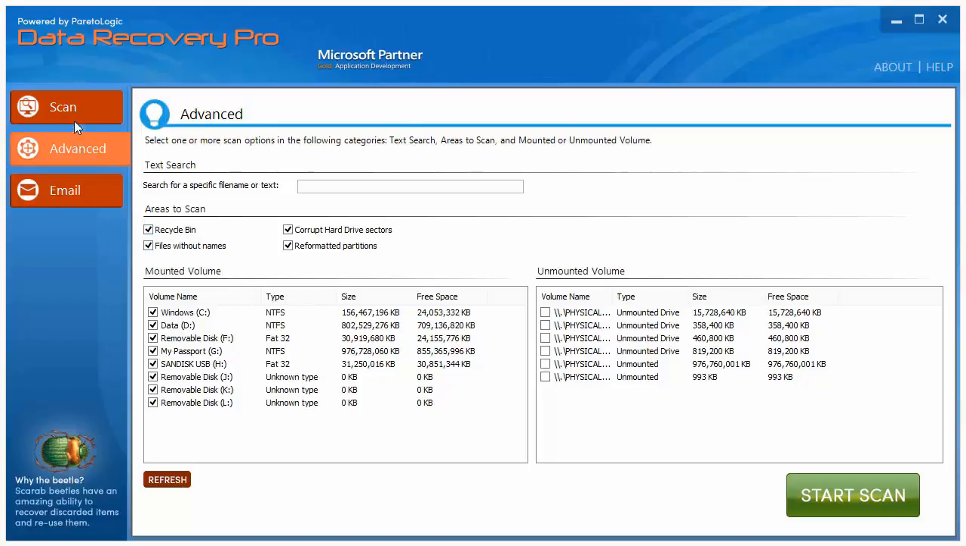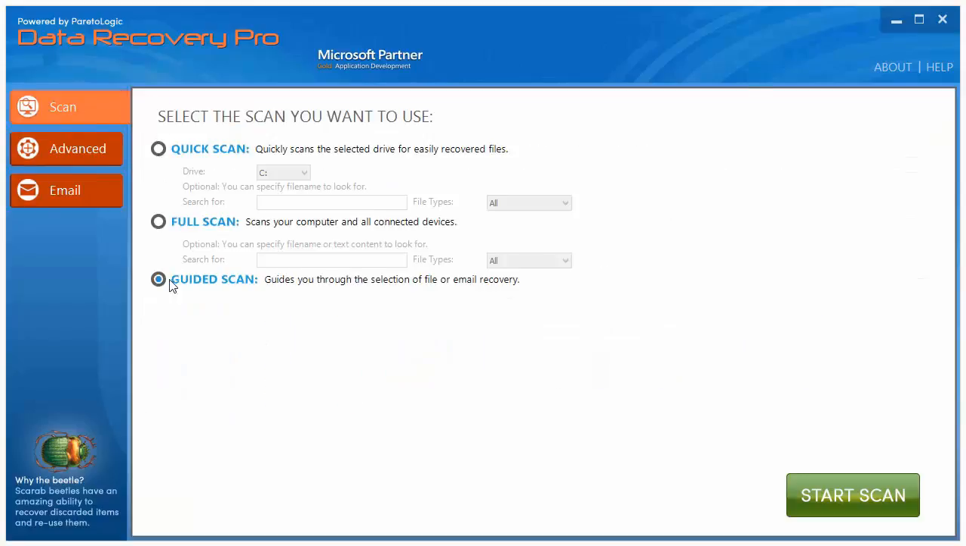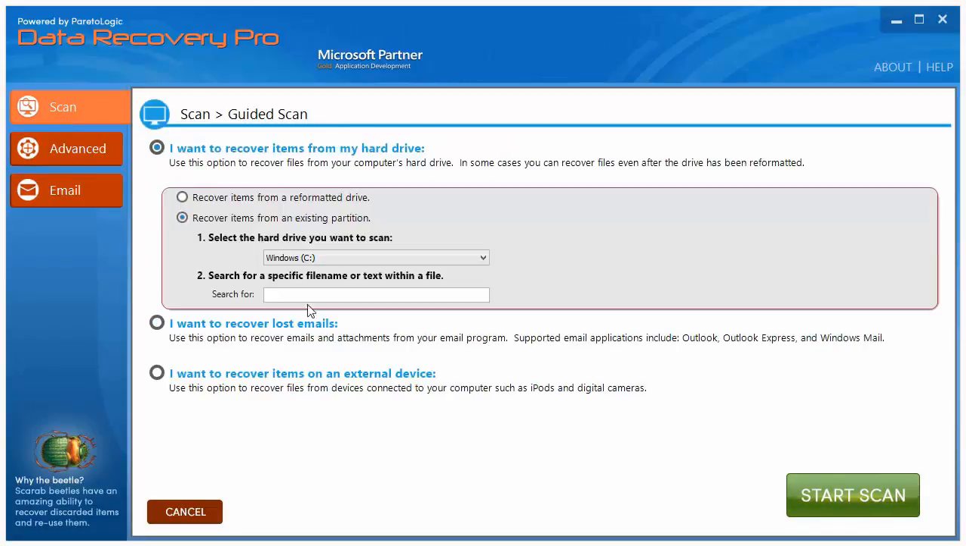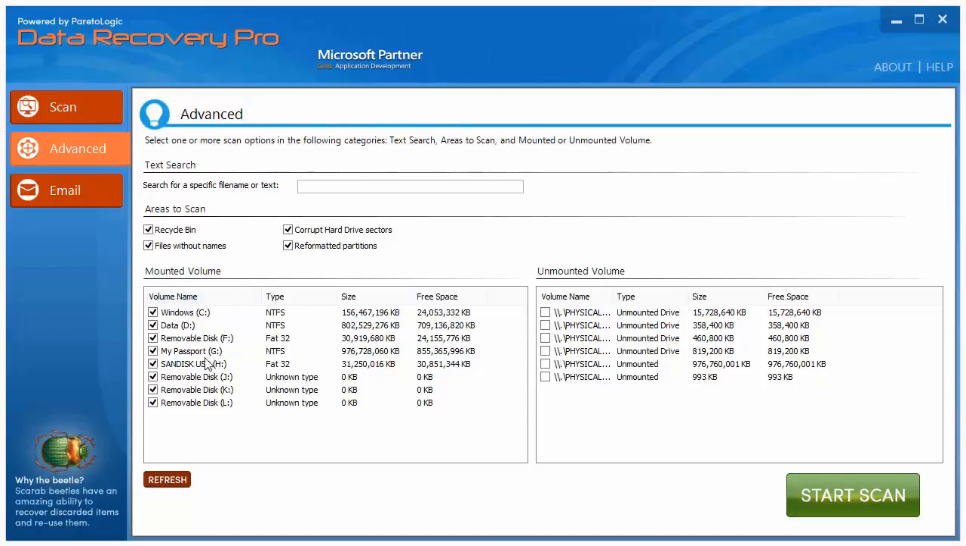So what I'm going to do, I'm just going to go to the scan. We're going to do a guided scan. I'm going to click start scan, and let's see. No, let's actually go to advanced. I've got a hard drive or a flash drive